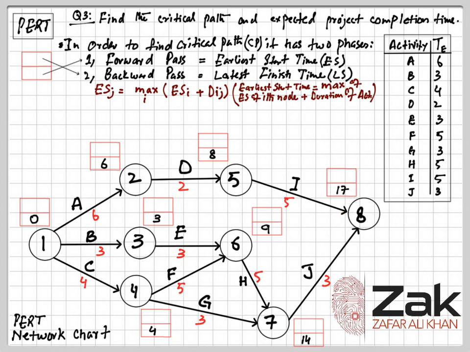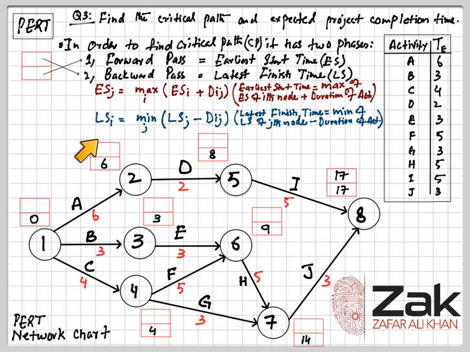Now we have to go back in backward pass and find the latest finish time for every node. So for the latest finish time, we have another formula which actually tells about the backward pass. But before we go with that formula, you need to understand, as for the earliest start time we started from 0, the latest finish time will always be the same as the earliest start time for the last node. So this backward pass will require you to go from the 8th node to the first node in order, and the formula is